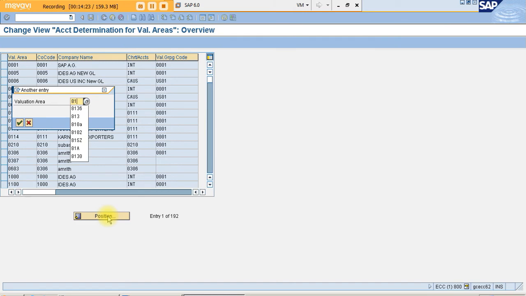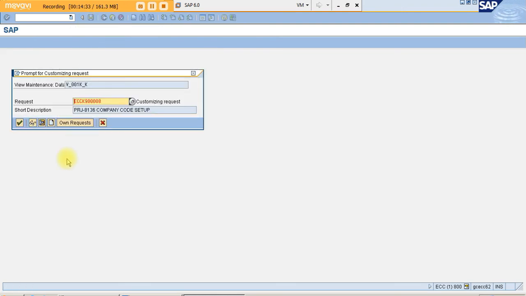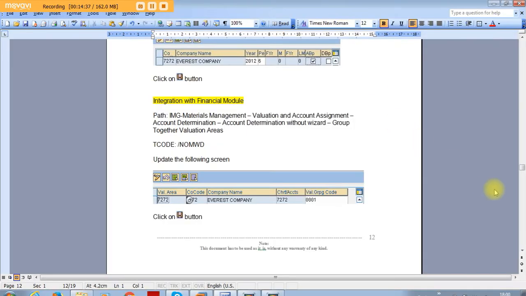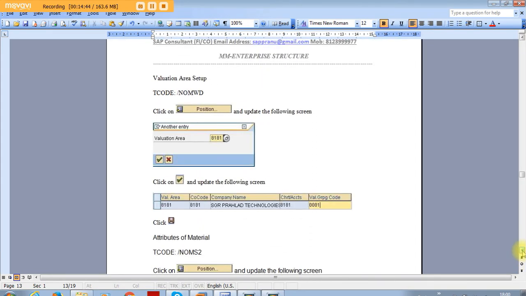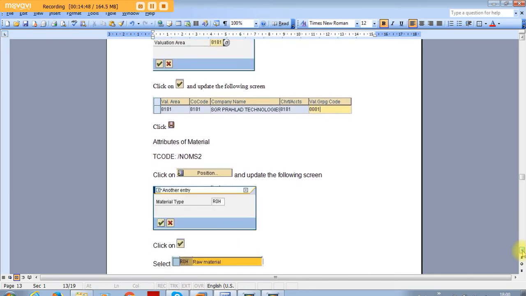Valuation area is nothing but your plant. Okay. Now 8136 is already there. Then 8137, 0001. Okay. Click on save. This we have done.